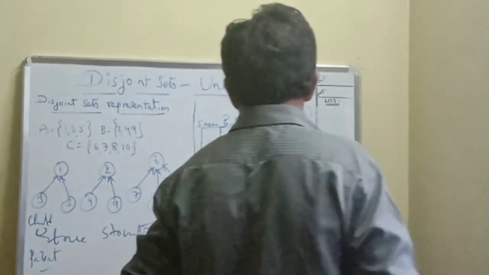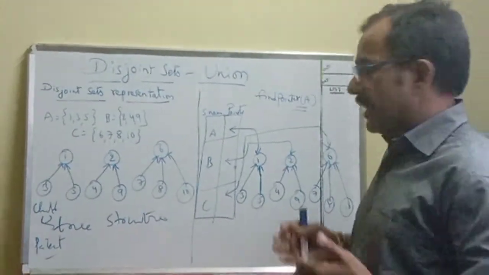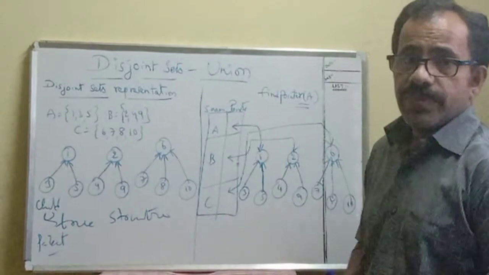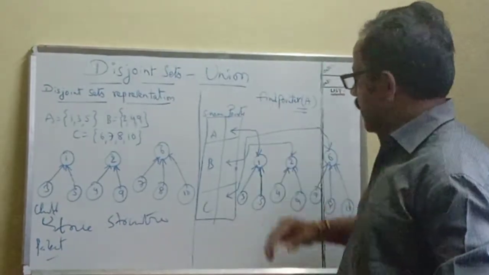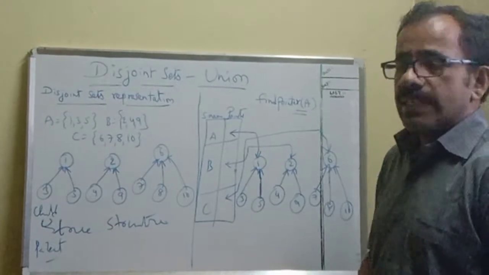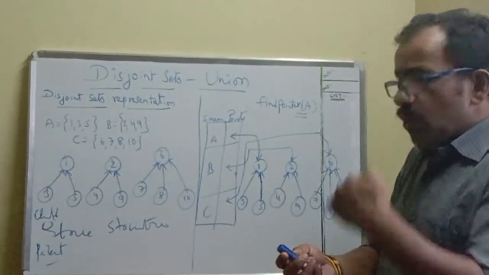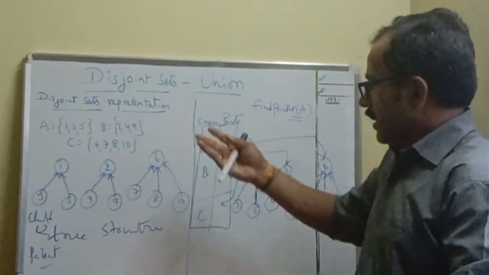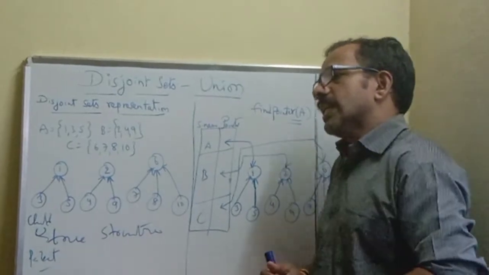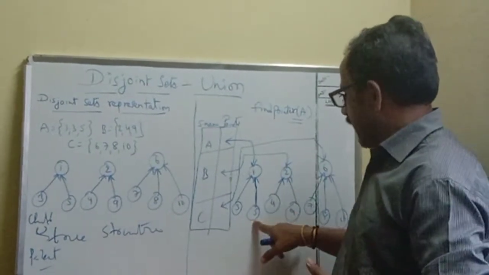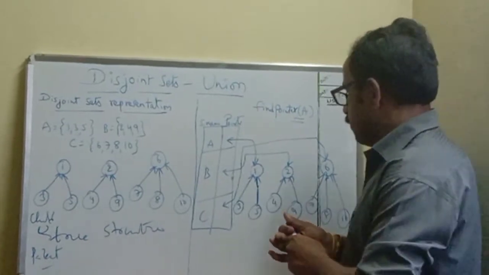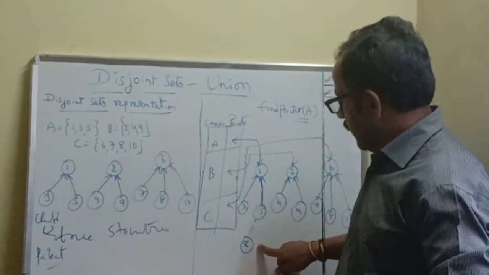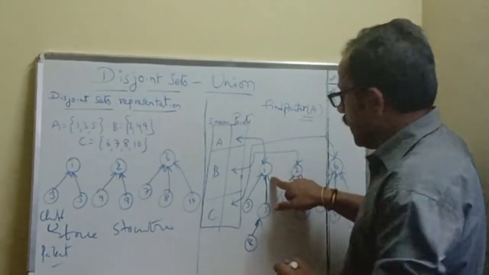Suppose you want to find whether any particular element is there in the first set, second set or third set, for example if you want to find 5. Suppose 5 is there in this set. Then from 5 go upward until reaching the parent. I will show you in the next examples how we can recognize the parent. Suppose one more element is there here, 8. If you want to find 8, then after reaching 8, go in the upward direction until reaching the root node.